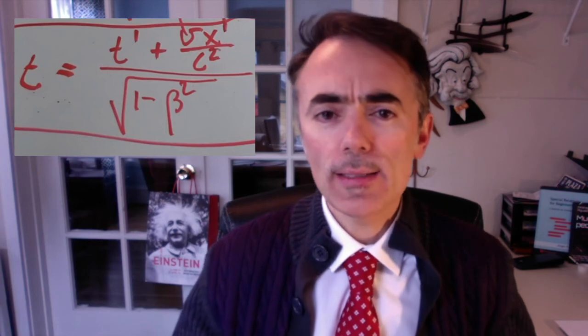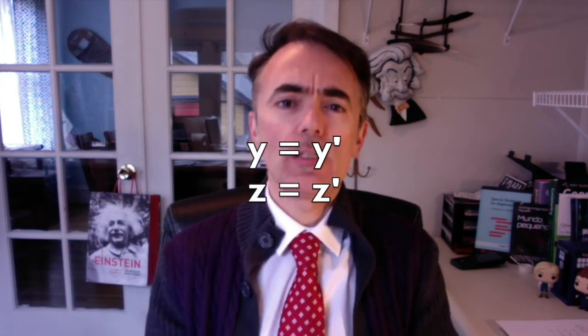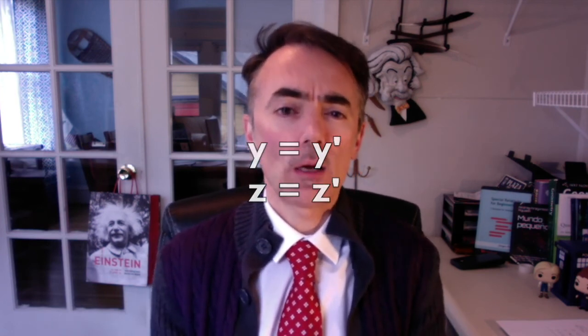What about y and z? How do they change, the coordinates perpendicular to the direction of motion of the reference frame? Well, they do not. They are not affected. To see why this is so, consider two identical hollow cylinders. As seen by you, they are both approaching each other with identical speed. So any contraction effect on the perpendicular axis will be the same for both of them. As seen from the